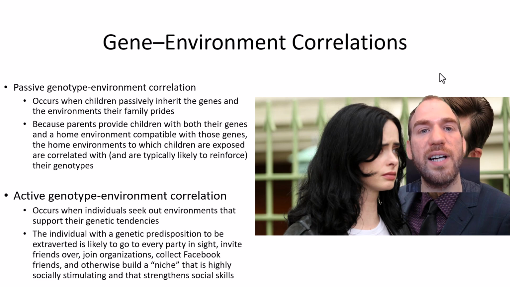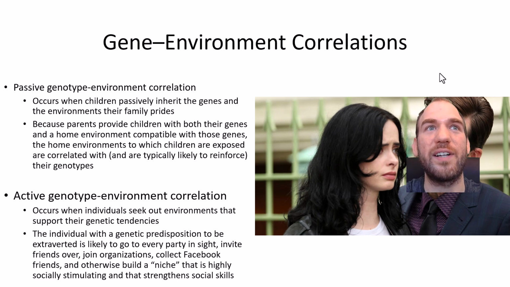So, breaking this down a little bit, we all inherit genes from our parents. Theoretically, this can also be influenced by intergenerational effects of genes, but let's keep it simple right now. So we all inherit sets of genes from our parents. But it's not only that. We also inherit the home that we live in, the home environment, which theoretically is going to be associated with the genes of our parents, because theoretically our genes are reflecting our behaviors.